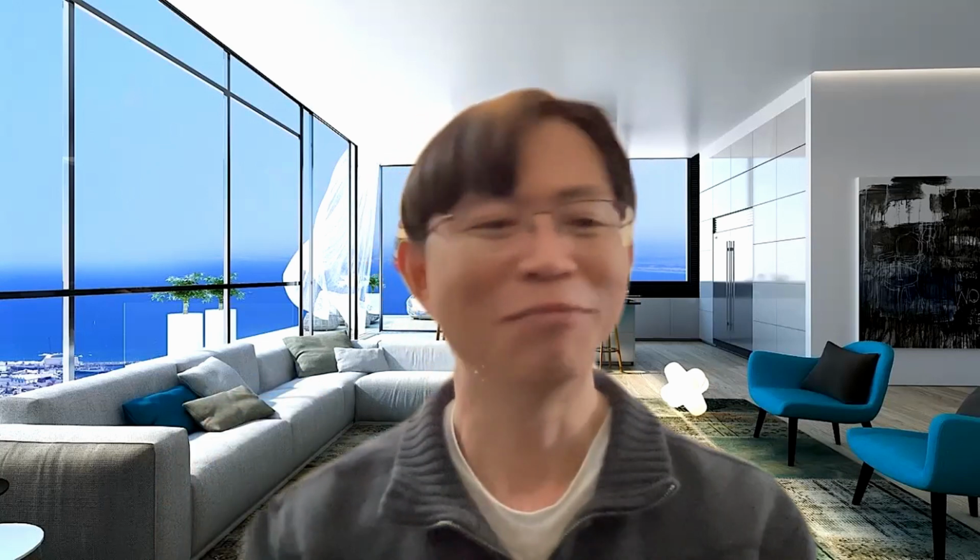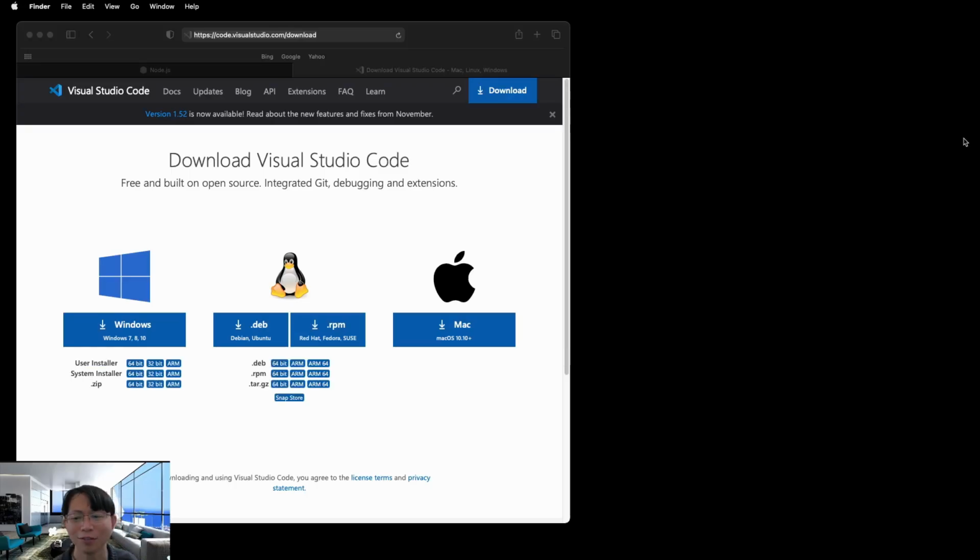For those of you who don't know what React is, it's a very powerful language that builds a lot of web pages today, from very fancy to very minimal design. Let's dive right in. Alright, so to do our React development, the first thing we need to do is to